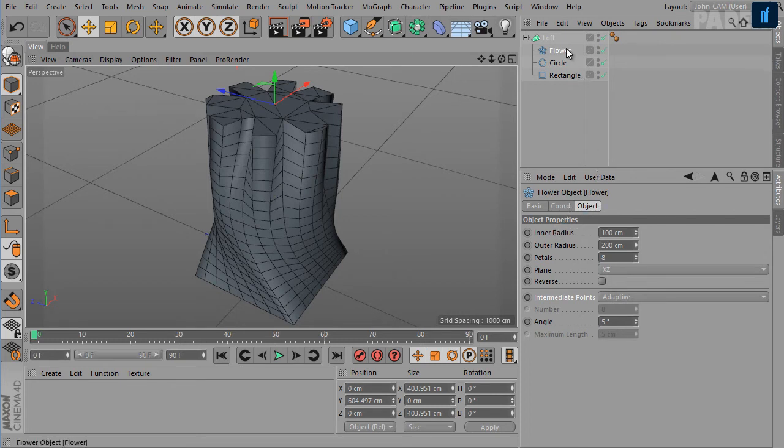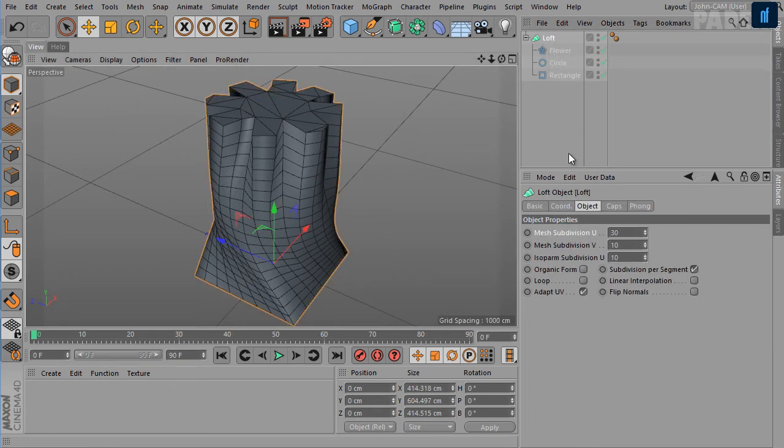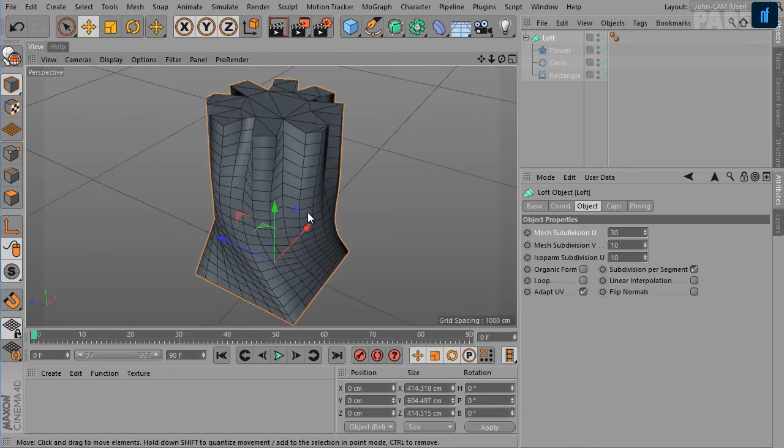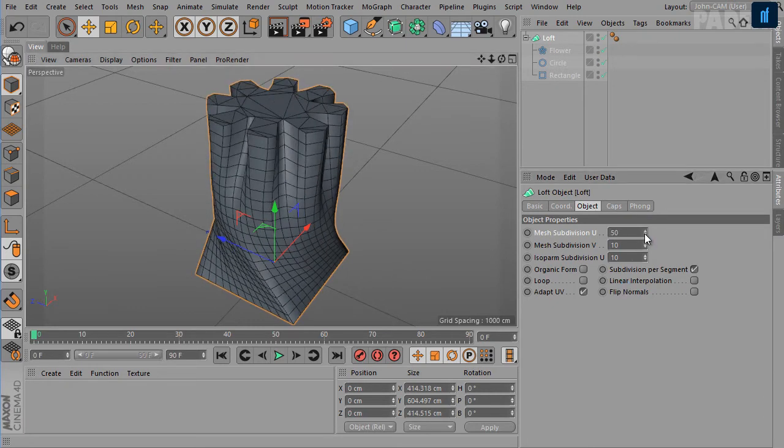So the first option we have for the loft object in the object tab is mesh subdivision U. It controls the number of subdivisions in the U direction, that is along the circumference of the cross section.